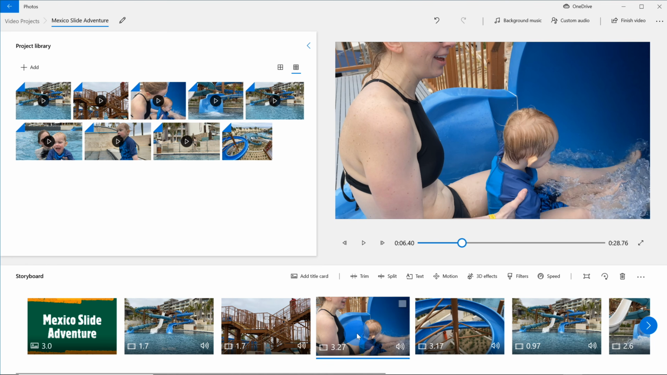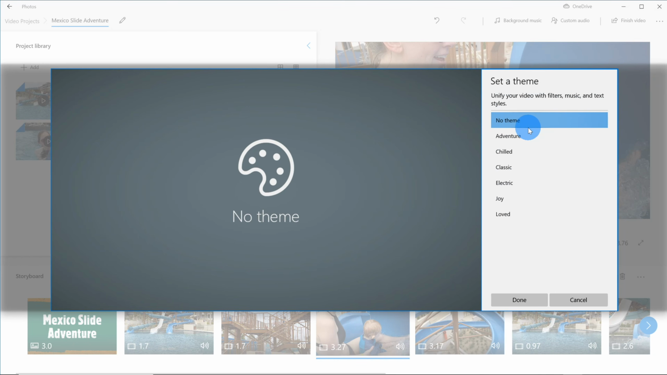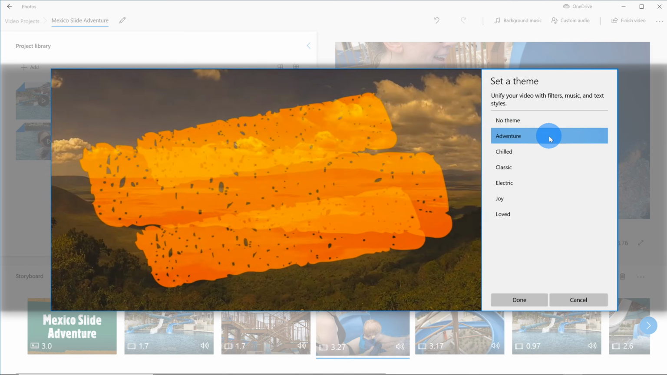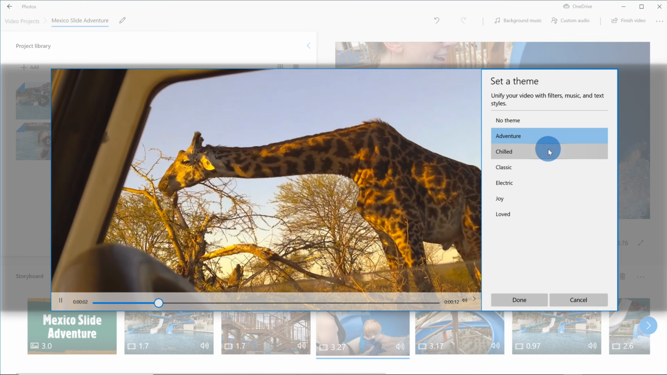Before we finish the video, I want to show one other thing that you can set. Over on the top right hand corner, you have these ellipses. These are more actions that you could take. Video editor also includes themes that you could apply to your video. If I click on themes, right now by default there's no theme set, but I could choose a different theme like adventure, chilled,